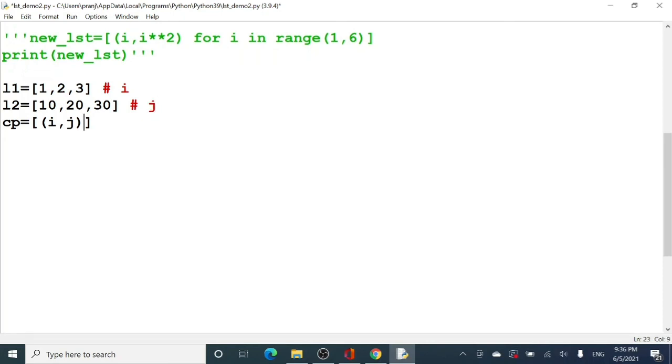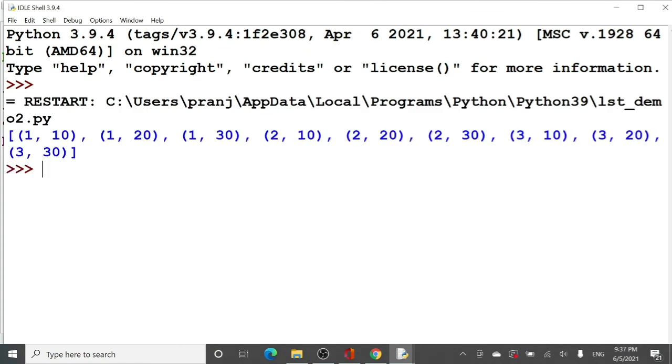And now, to specify where this I and J are coming from, I have to provide some expressions. So for I in L1, we know that a list is iterable. And for nesting, the second expression will be nested in the first for loop. So for J in L2. So this is your expression 1 and this is your expression 2, right? And that's how the list comprehension works. After that, you can simply print the value of your Cartesian product list. So now this should be printing your Cartesian product. So yes, now on your screen, you can see the content of the list.